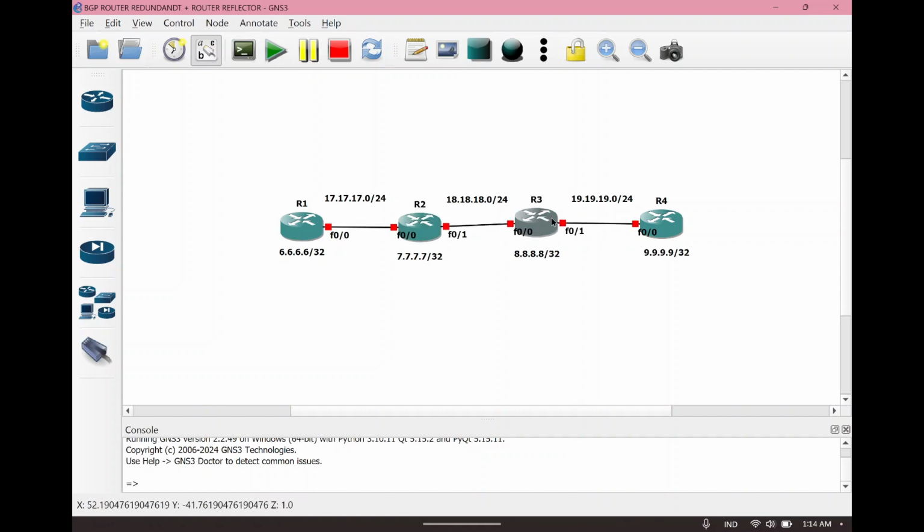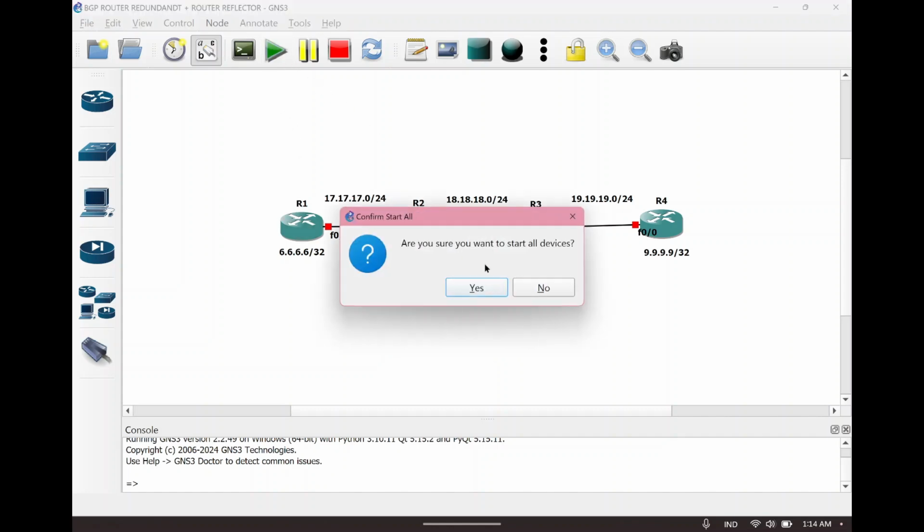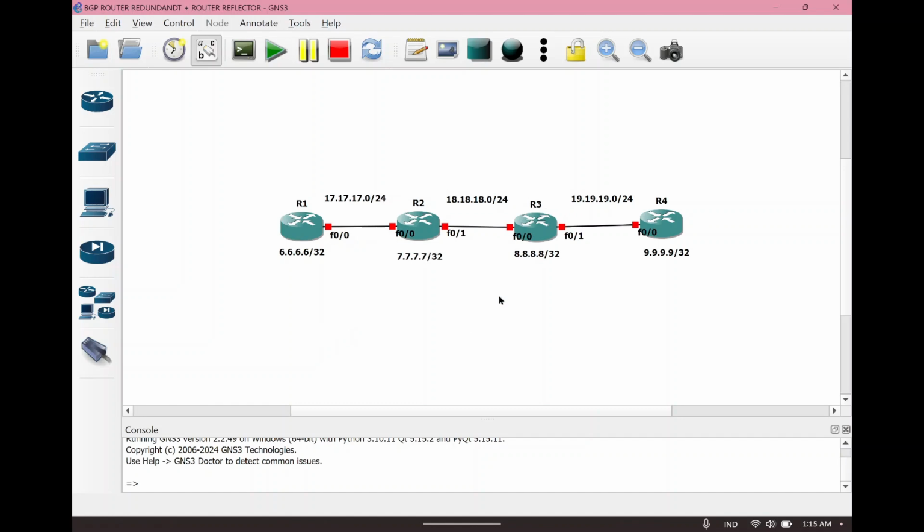So we can start by turning on the ports by clicking the button on the taskbar. Then we click yes. So the port changes color to green.